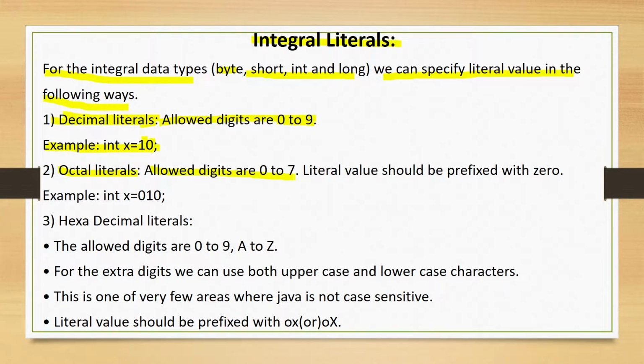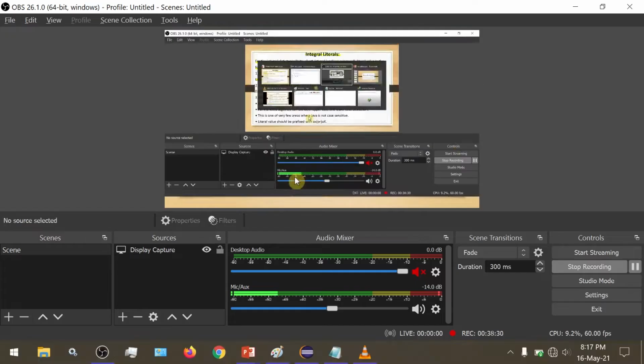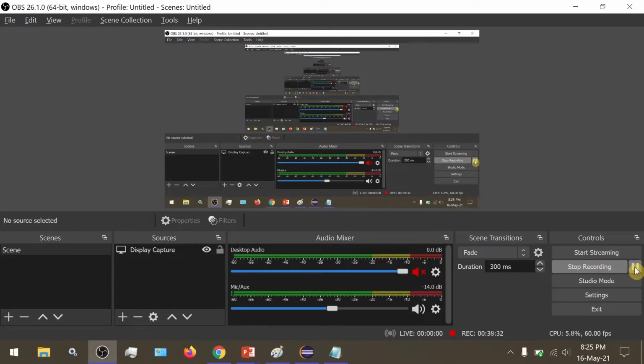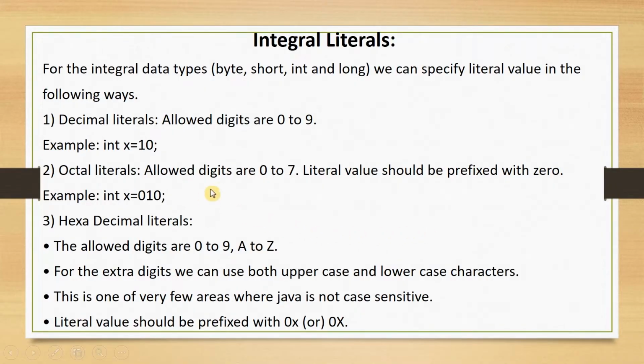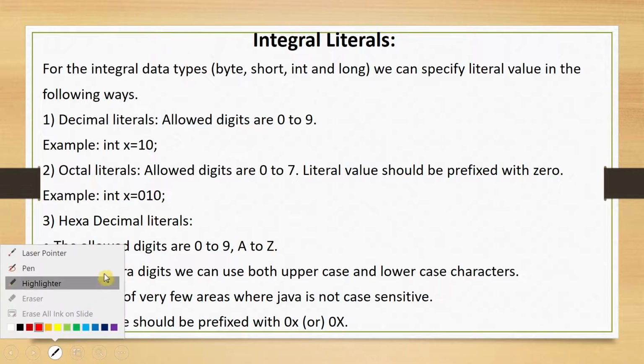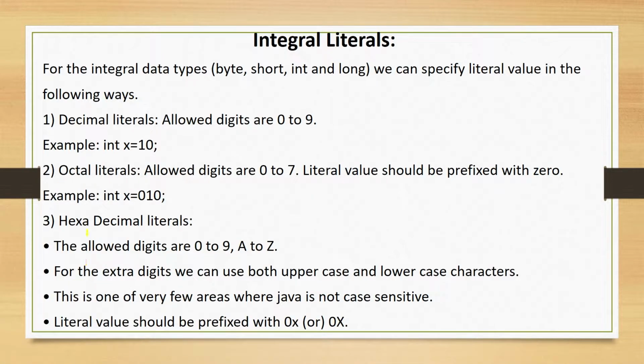Before we understand, before moving on, you should have an understanding of the different number systems available. These are mostly covered inside the syllabuses of digital logic.